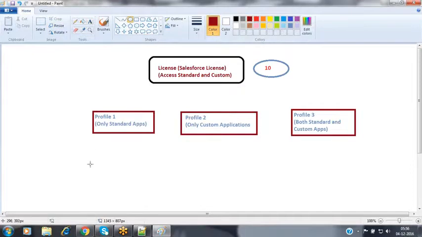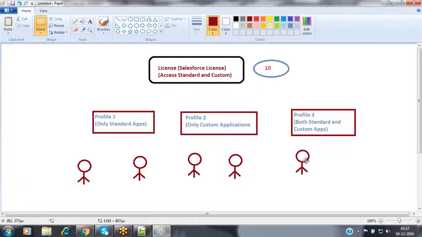This is user 1, and so on. So I have some users available inside my organization, and I'm going to assign profiles to these users. Let's assume that we have 7 users inside my organization.